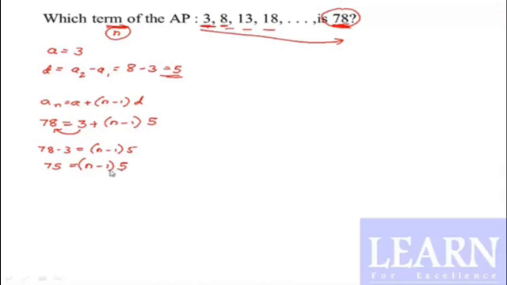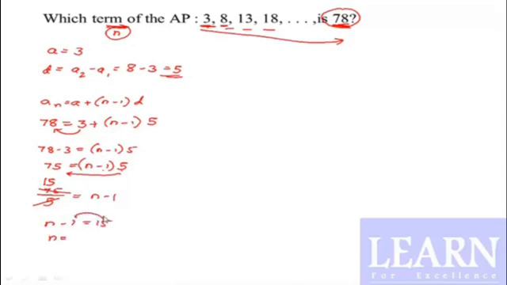Next, look here. 5 is multiplied to n minus 1. While it comes to the other side, it will be divided. So 75 divided by 5 is equal to n minus 1. 5 tens are 50, remaining is 25, and 5 fives are 25. So n minus 1 is equal to 15, and in order to find the value of n,